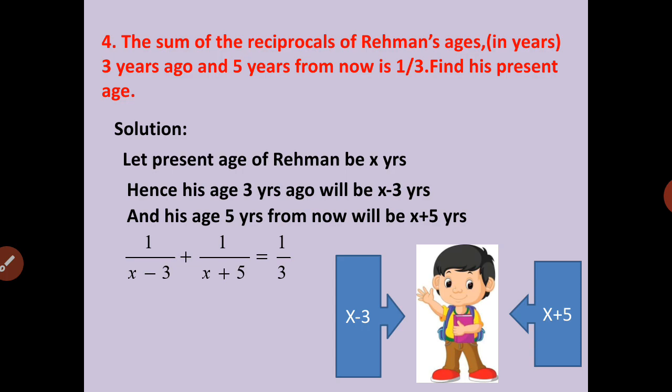This is similar to the last example that you have done. So, try solving it. The final answer is told to you. The present age comes out to be 7 years. Children, here you are free to use any of those two methods which you have studied, either the factorization method or the formula method, whichever you are comfortable with.